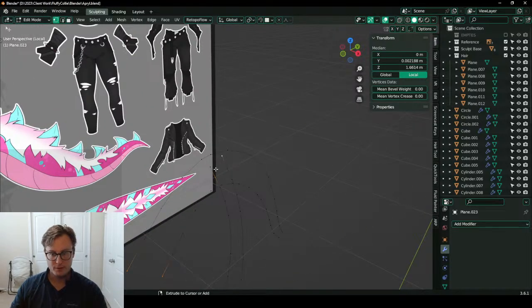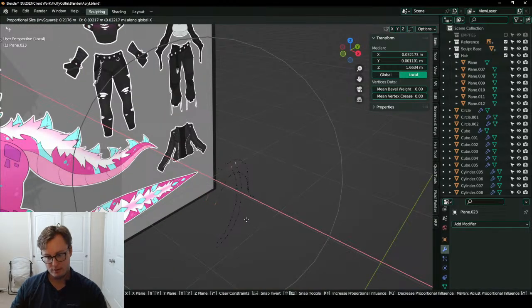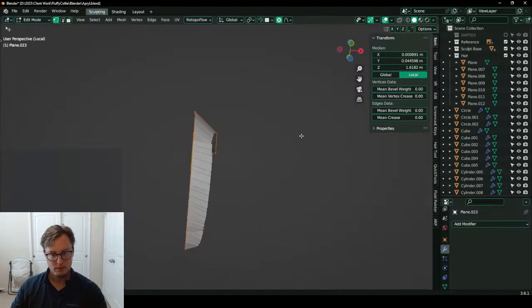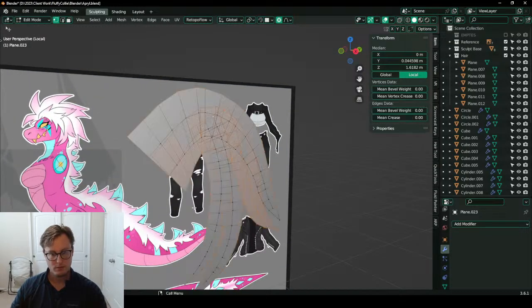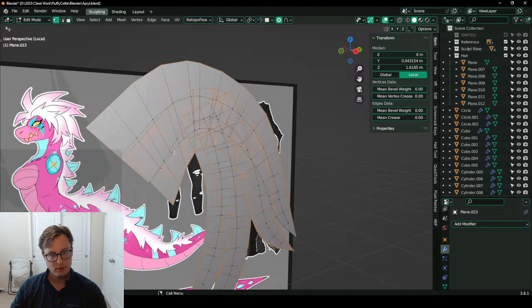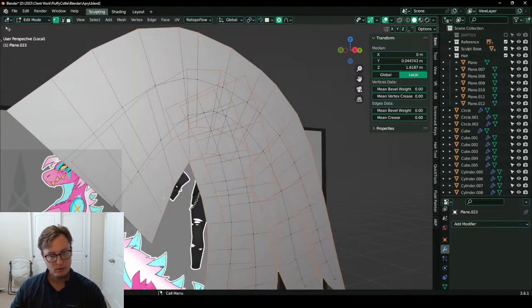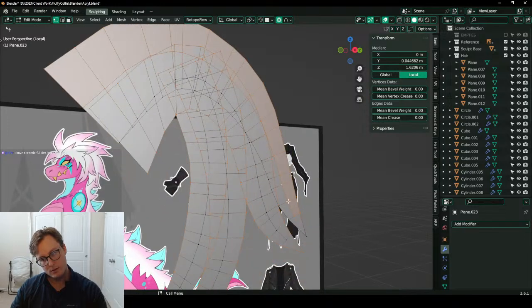All right, we're just moving out some of these strands. This is my super secret method for doing hair. The most secret. Looks like I grabbed the wrong edge right there. This one.